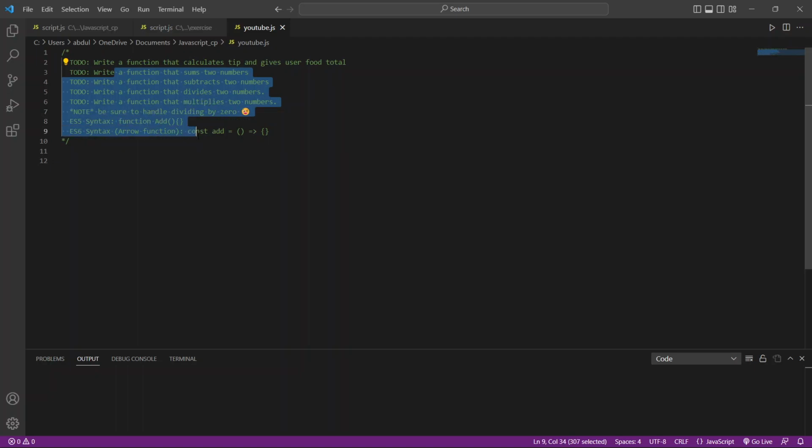Okay, so for this exercise, I'm going to be doing all these things in the ES5 standard and also the ES6 standard. So I'm going to use the arrow function and also the normal function. So let's get started. The first step is to create a file in VS Code, which I've already done. So I named my